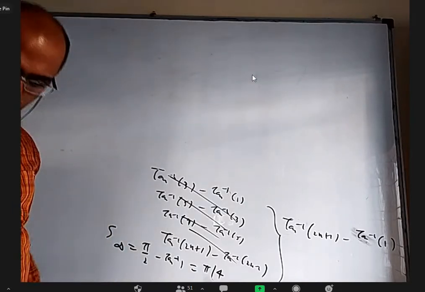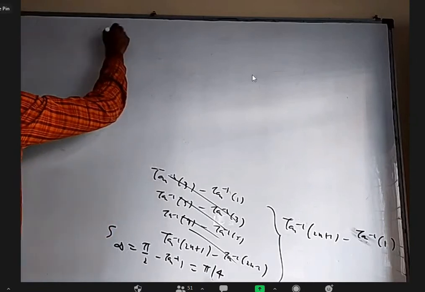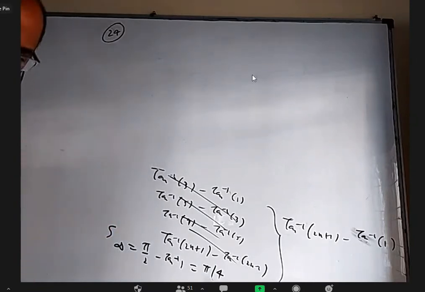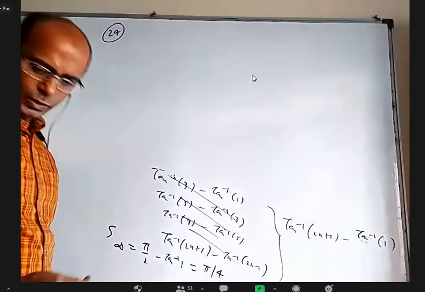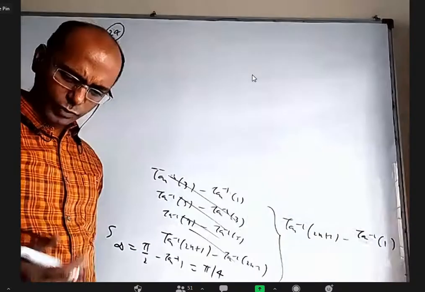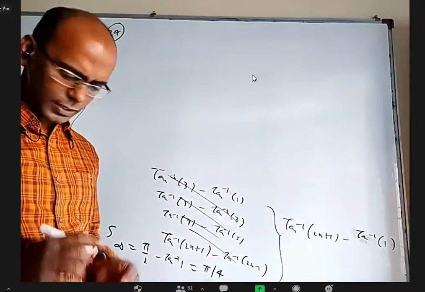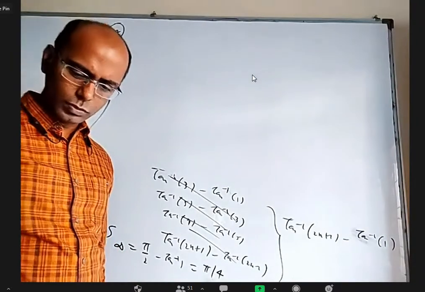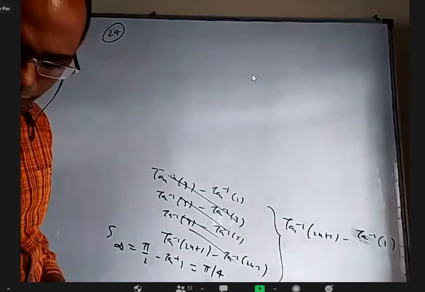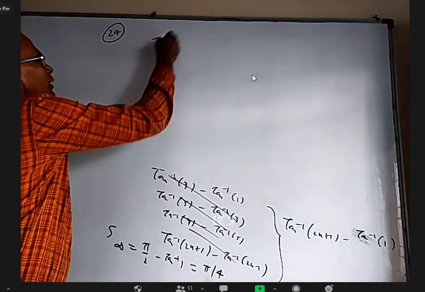Okay, 24. So obviously for 7, 19, 39, 67, we have to find a pattern. We can write 7 as 1 plus 6 and 19 as 1 plus 18. 1 plus 6, can we write it out of two numbers whose difference is 4? Maybe, may not be. First of all, let us see the nth term.